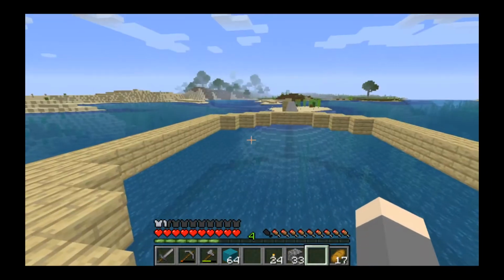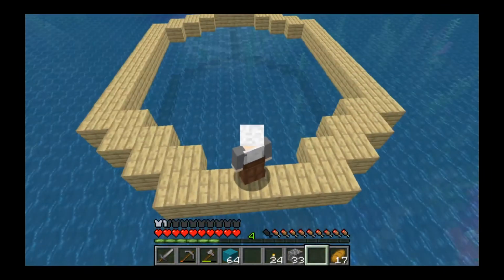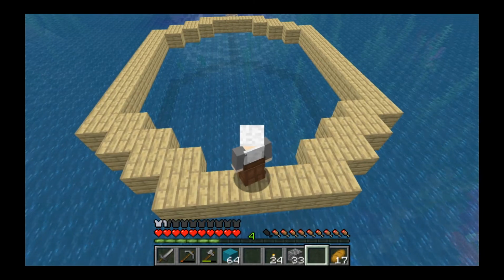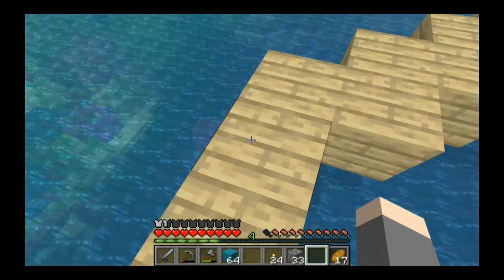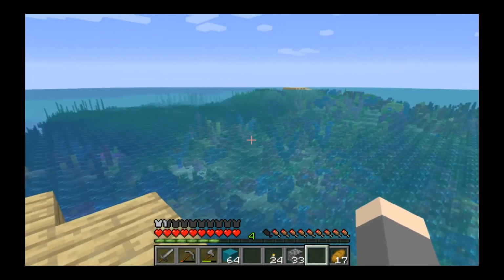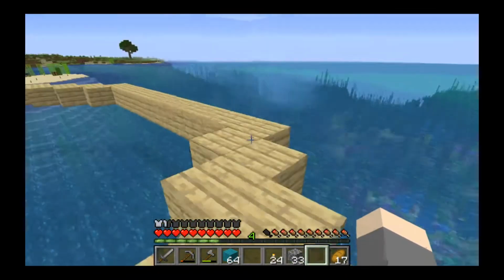Now let's just third person this and make sure that looks correct. That looks right to me. So hopefully that's all done. And then look at our view. Like, this is perfect. It's right into the coral reef there. Beautiful. Then I thought I could do